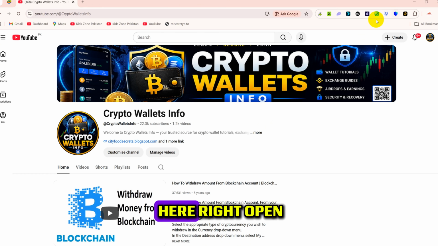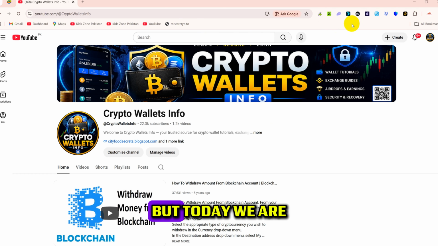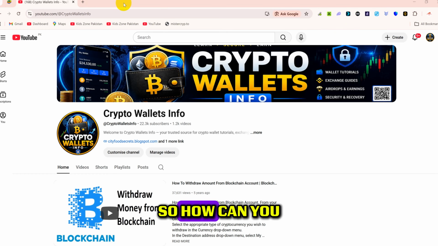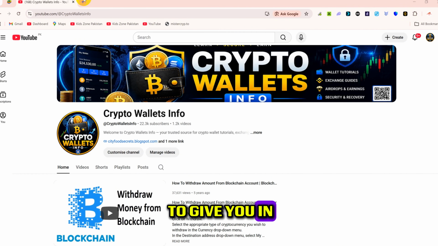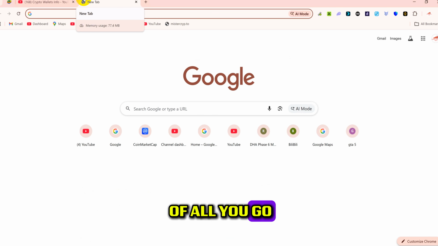Well, you can see here on the top right I have installed many wallet extensions, but today we are going to discuss MetaMask. So how can you download, how to install, and how to take the backup. All the information I'm going to give you in this video. Simple as that. First of all, you go to the